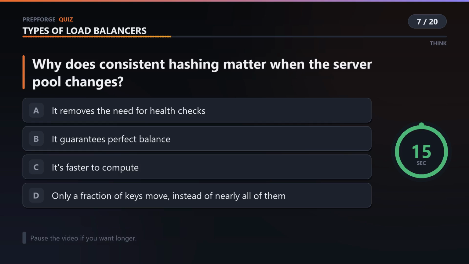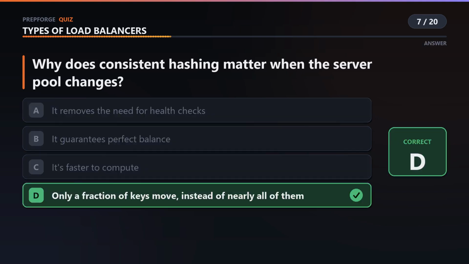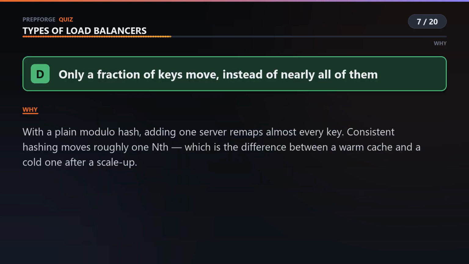Why does consistent hashing matter when the server pool changes? Because plain hashing melts down when the pool changes.